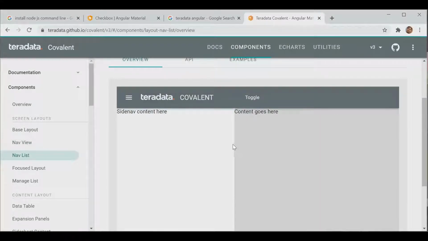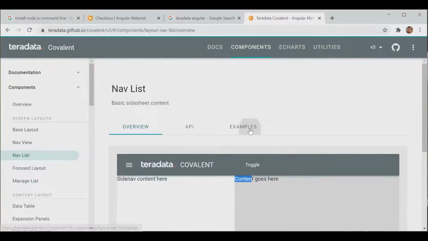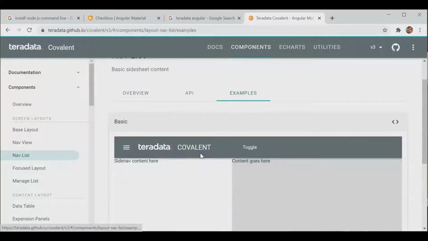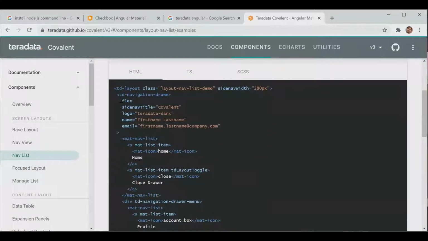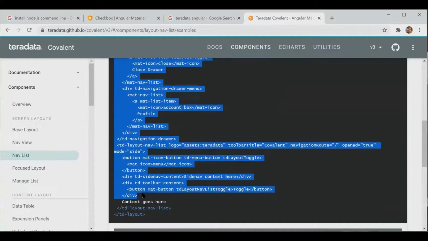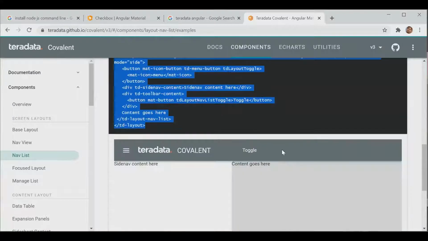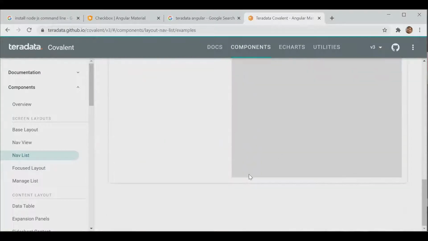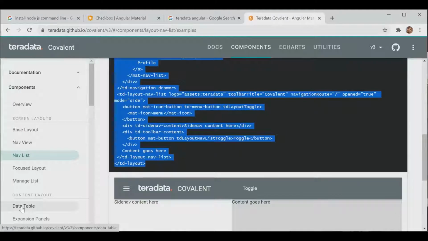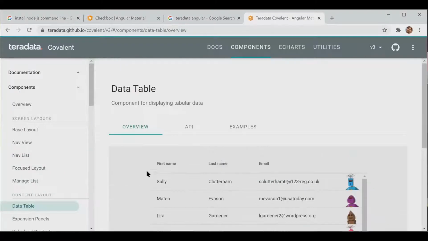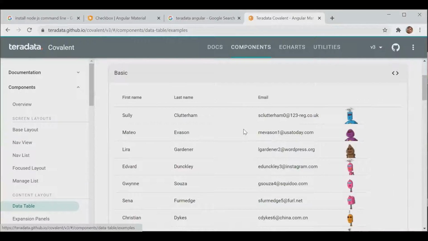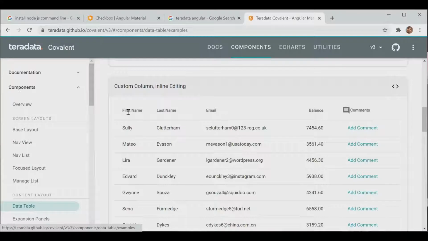They have given the example here, we just need to copy and paste and then we can use it. We just need to add the references of Teradata, then copy and paste, and you will get the same look and feel in your project. Mostly they are using this data table in their projects, and they have different advantages.